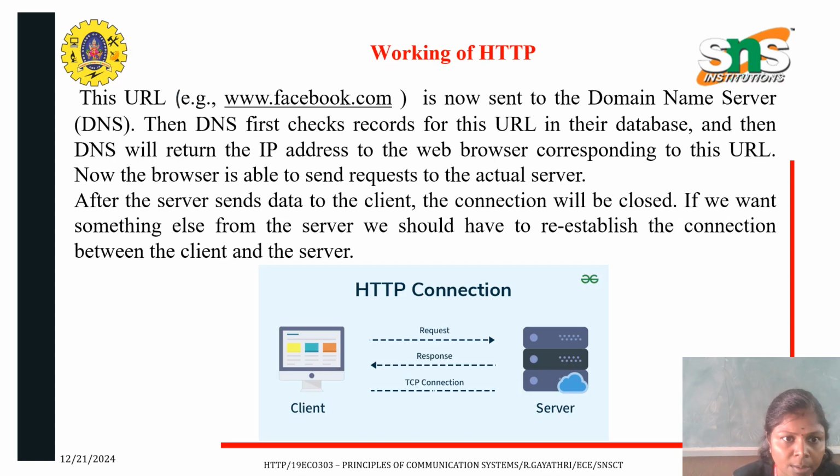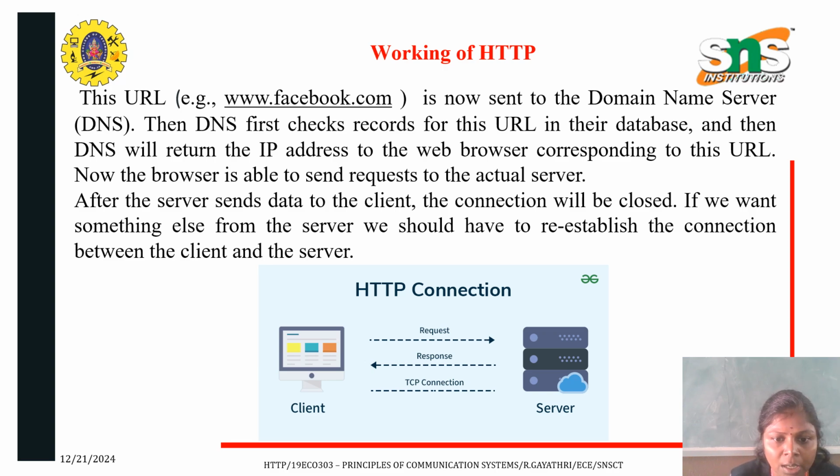The working of HTTP: a URL, for example www.facebook.com, is first sent to the domain name server, DNS. The DNS checks the records for this URL in its database, and then returns the IP address corresponding to this URL to the web browser. Now the browser is able to send requests to the actual server. After the server sends the data to the client, the connection will be closed. If we want something else from the server, we have to re-establish the connection between the client and